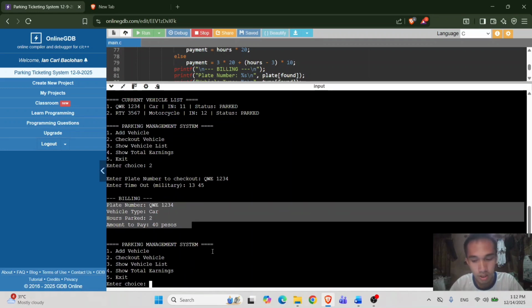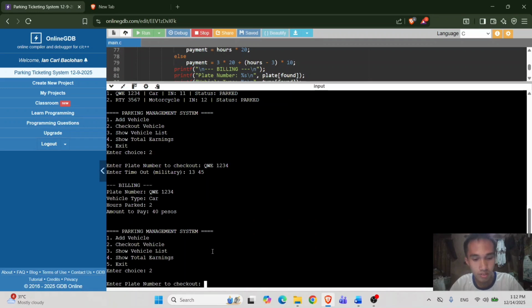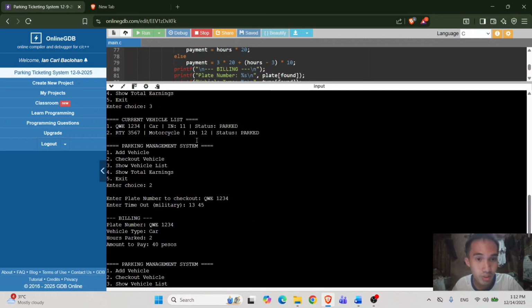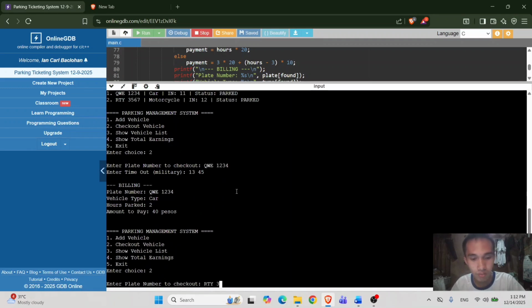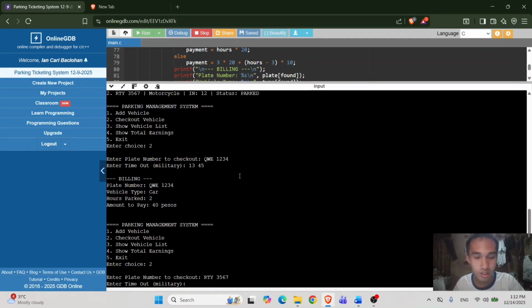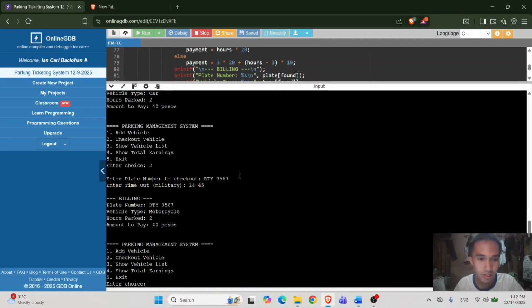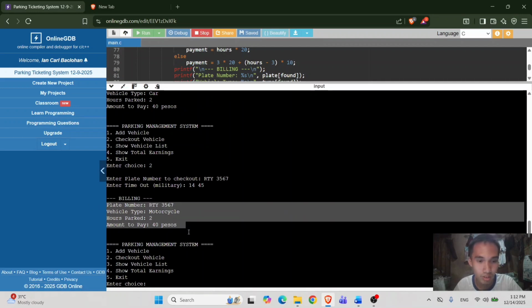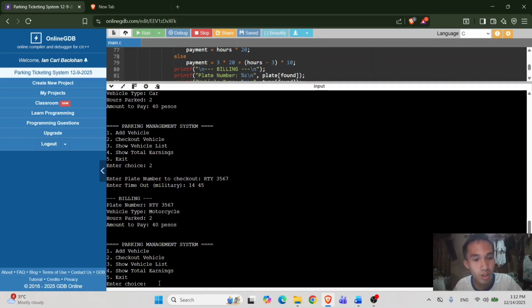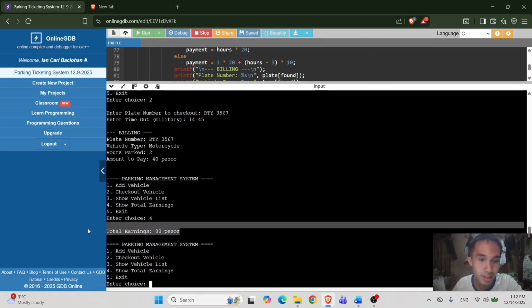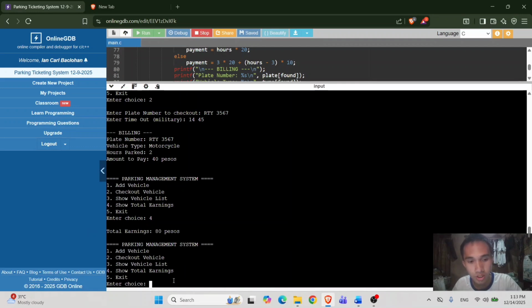And now let's check out another vehicle, and this time it will be RTY3567, then the time will be let's say 2:45, then it will automatically say 40 pesos and so on. And now I want to know how much money I earned today, so I'll type 4, and it will say 80 pesos. And now I want to exit the program, so I just have to type 5,